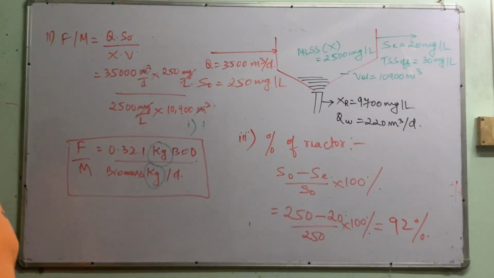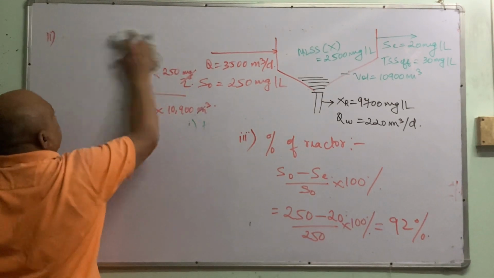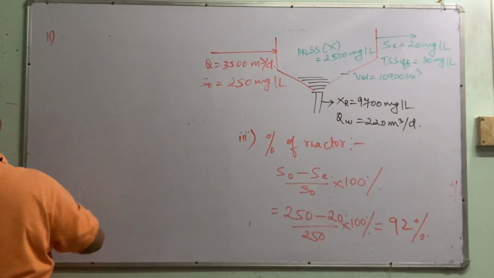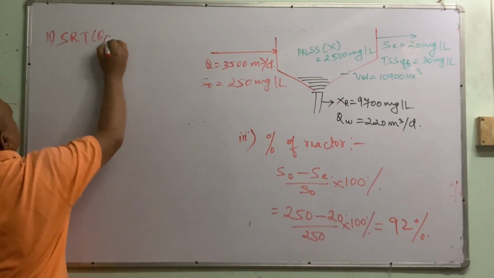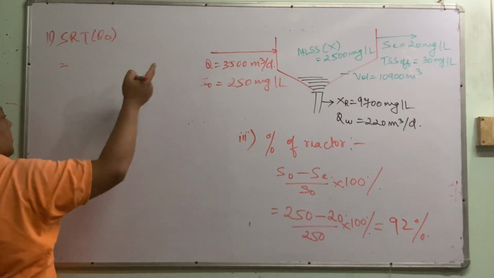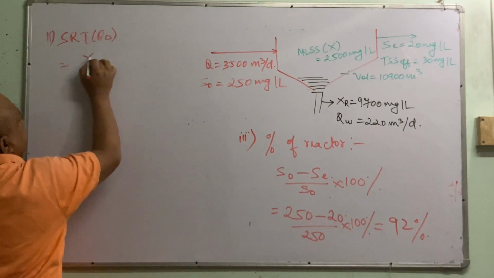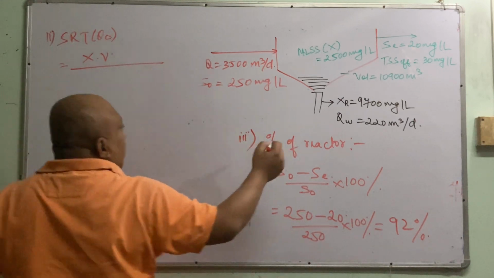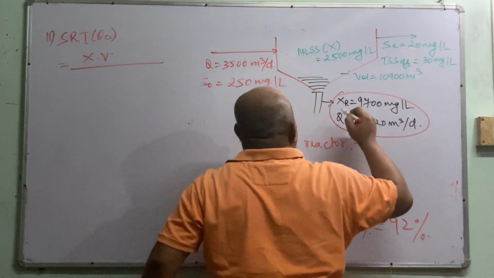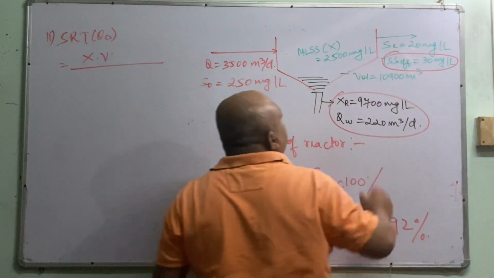Okay. Is that okay? Now look over here. And the last one is SRT, sludge retention time, or θC. So it is the sludge in the reactor divided by the sludge leaving the reactor. Sludge in the reactor is how much X there is into the volume. And the sludge leaving the reactor is